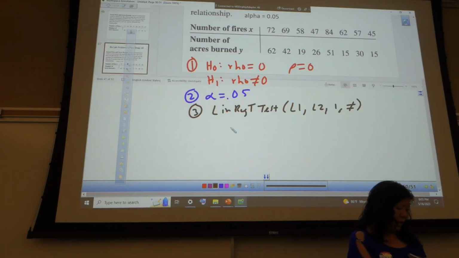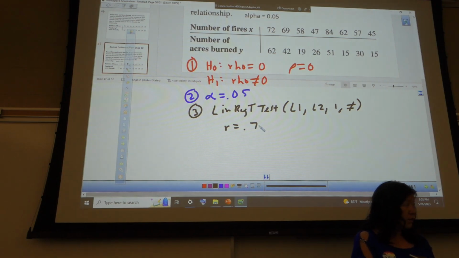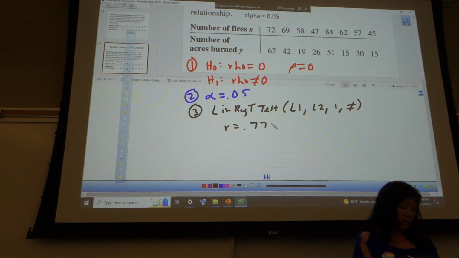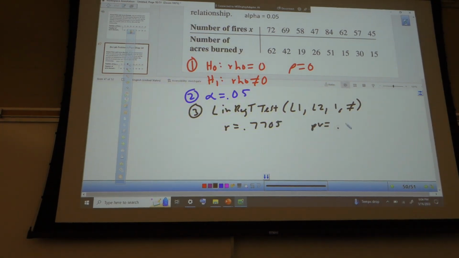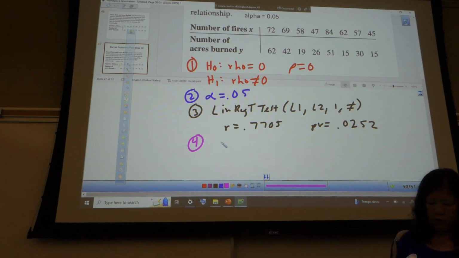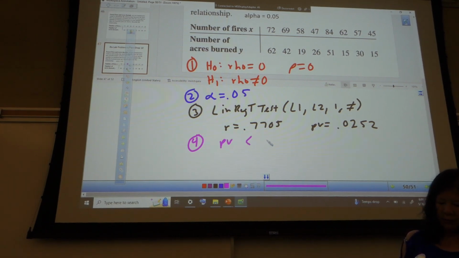And you got an R of 0.7715, and a p-value of 0.0252. Great. So for step 4, since our p-value is less than alpha, we're going to reject H naught,